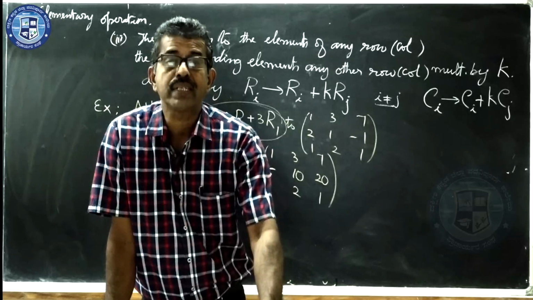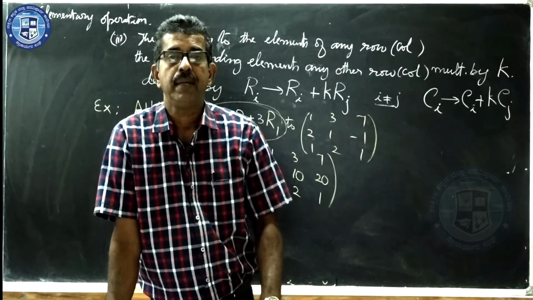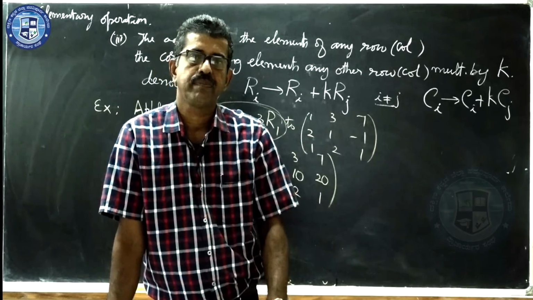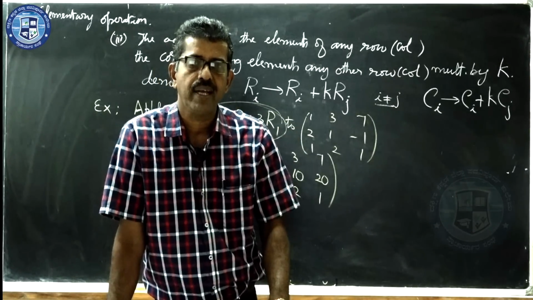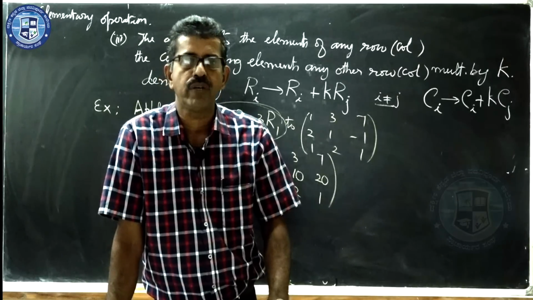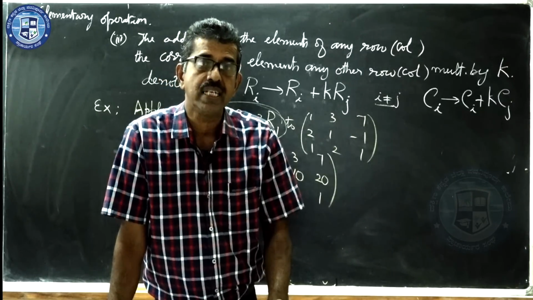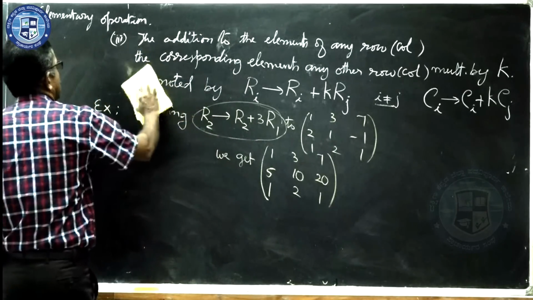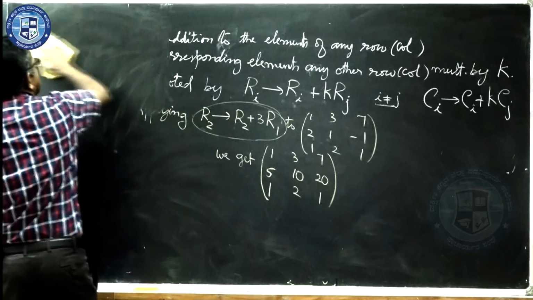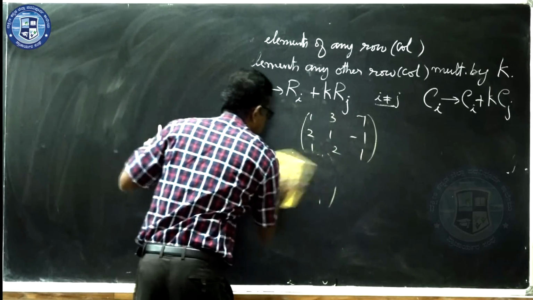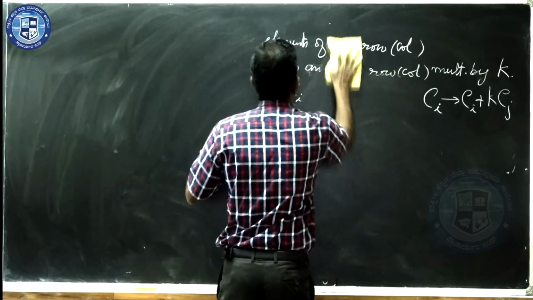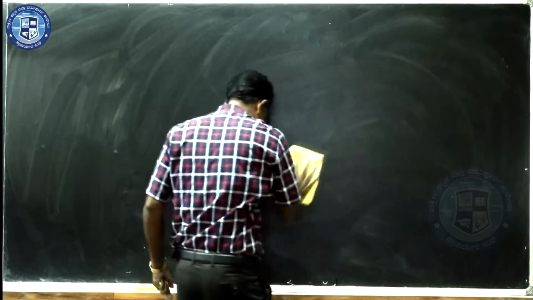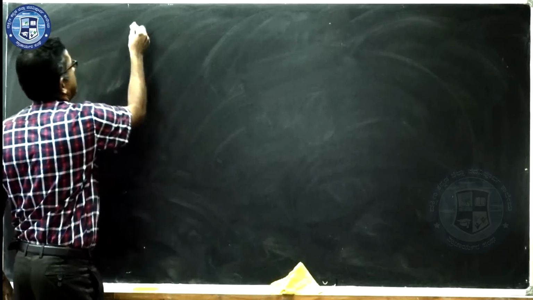So now, dear students, we are going to continue with a very important concept which is also used in the determinants topic. That is nothing but inverse of a square matrix, multiplicative inverse of a square matrix or invertible matrices. What do you mean by the matrices being invertible? Actually, matrices are said to be invertible if the inverse of the matrix exists. First, let me explain about the meaning of inverse of a square matrix.